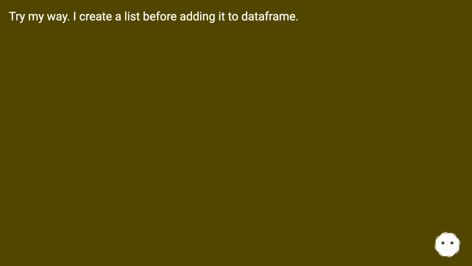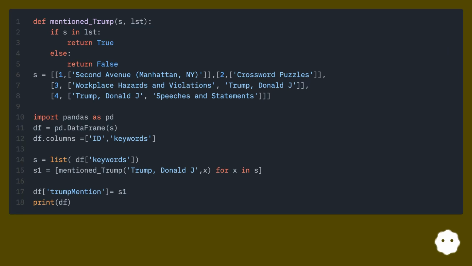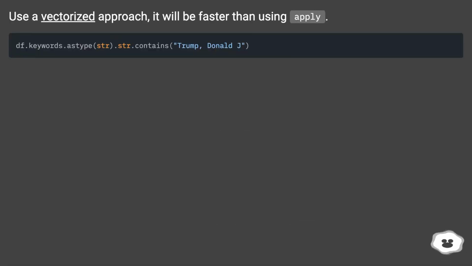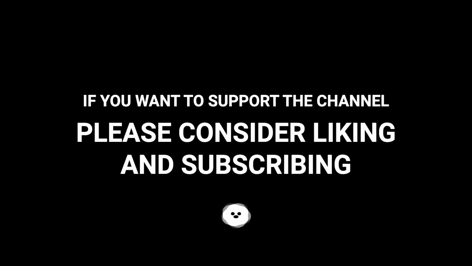Try my way. I create a list before adding it to the data frame. Use a vectorized approach. It will be faster than using apply. If you want to stop, it's a little